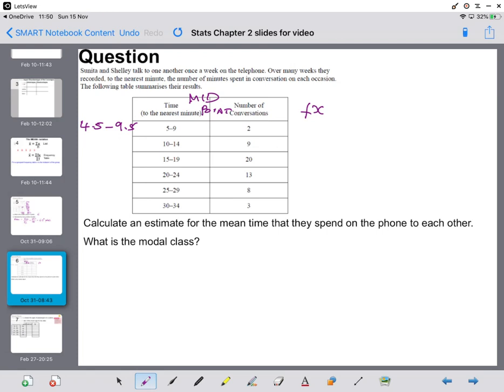Okay, so in terms of that, the midpoint will be 7. Okay. The next group will go from 9.5 to 14.5. Okay, so our midpoint for that group will be 12. Okay, so if we just keep considering as we go down and have a look at it, if it's most